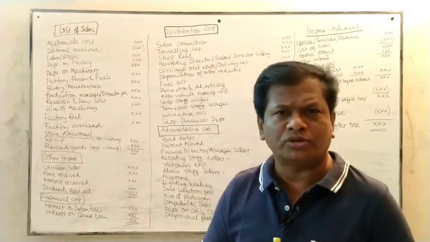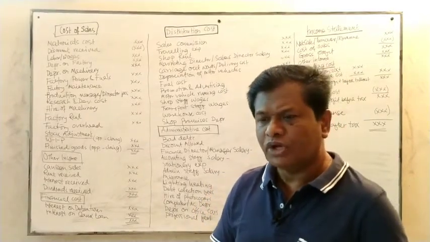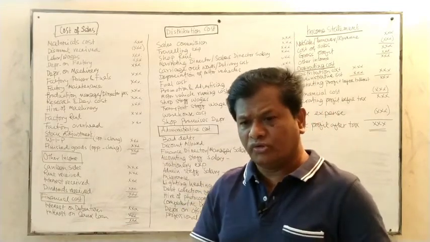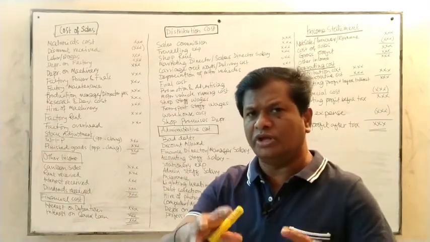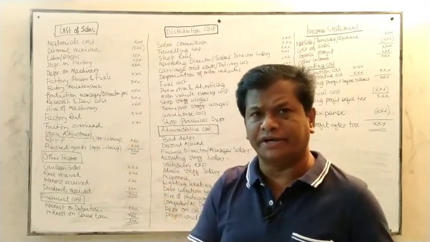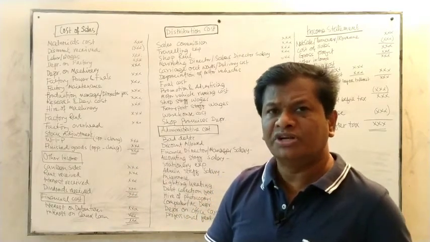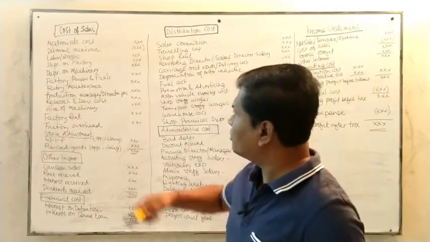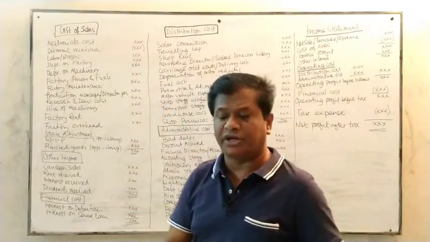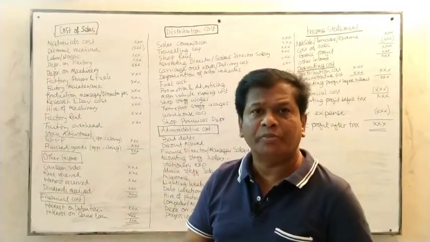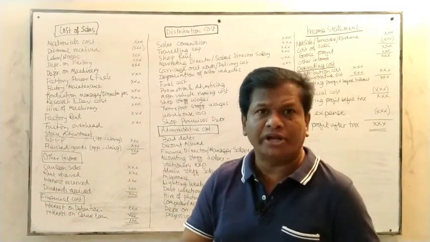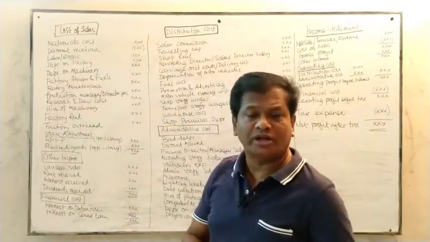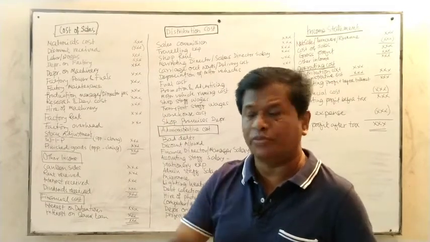Whenever you are going to calculate the cost of goods sold, obviously you have to take the production cost or the factory cost. All factory-related costs come into the cost of goods sold. What they are, one by one I am going to discuss. Please listen to me patiently. First of all, this is the cost of goods sold. The first element is that whenever you are going to produce something, you have to buy some raw materials. So raw material cost is the first one, and that is to be written first. Material cost or raw material cost is normally needed to produce the product.